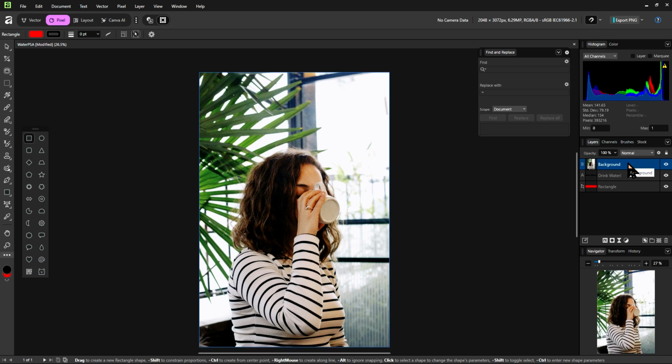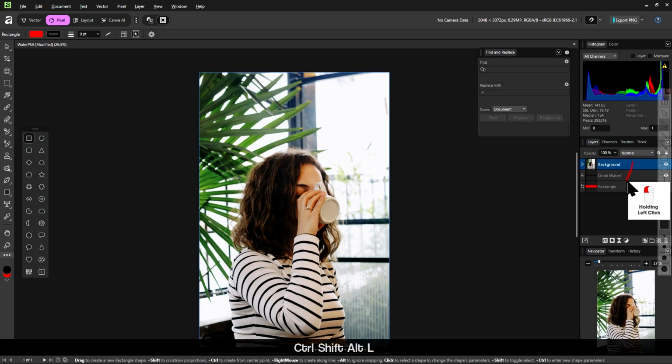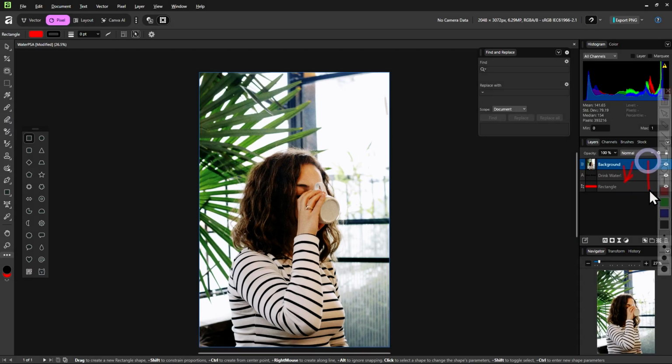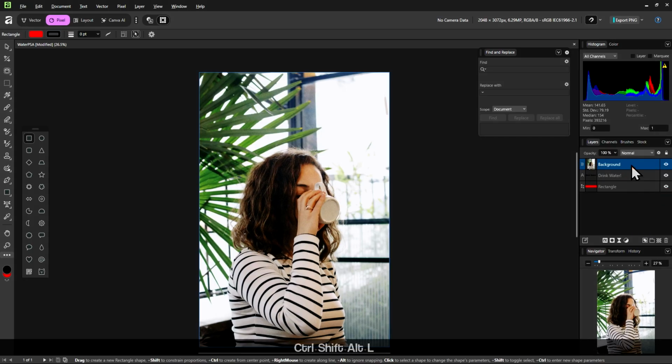If you only want to move it down one step, so dragging it below this layer instead of going all the way down, you just press Ctrl and left bracket key. The opposite of that, Ctrl plus right bracket key.